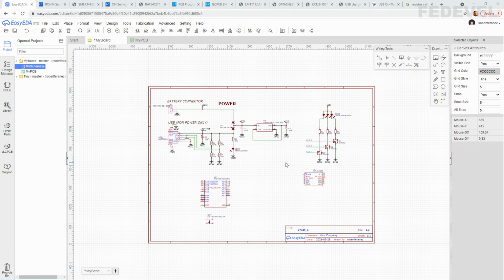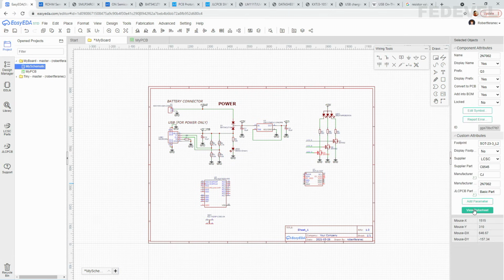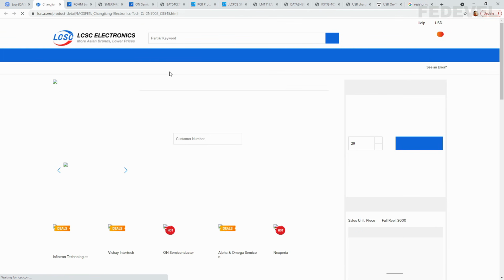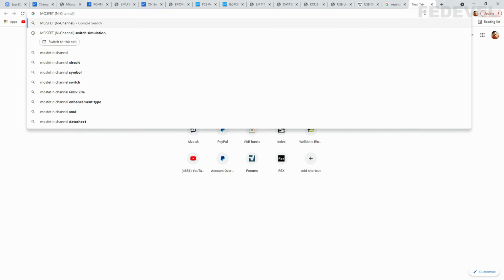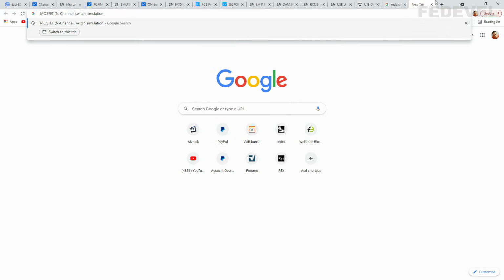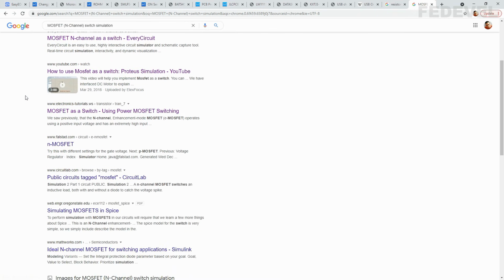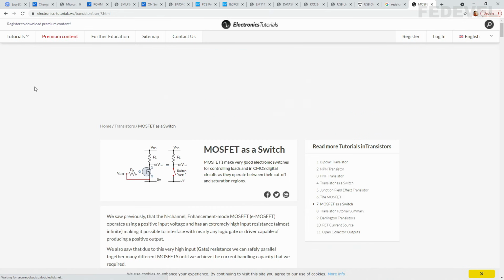I'm going to open the datasheet of this transistor. Left click, view datasheet, open datasheet, and we are going to have a look at how this transistor works. So I'm going to copy this MOSFET N channel, that's what we are using, Ctrl C, and I'm going to search for something like this, maybe add switch simulation. When I scroll a little bit down, here, left click,